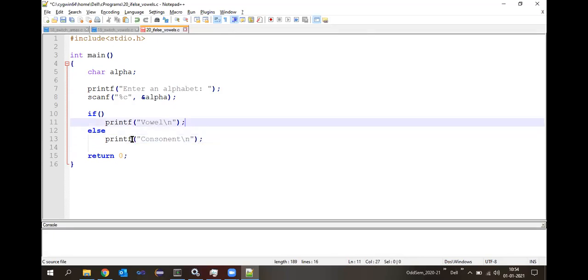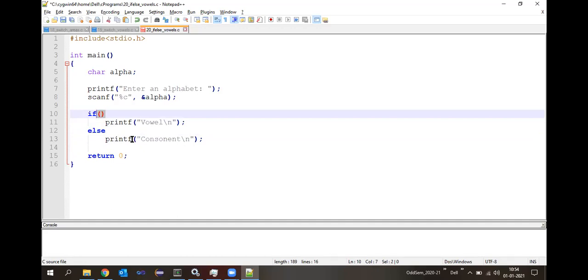Now I need to figure out the expression for the if condition. I know that I'm going to enter an alphabet and store it into the variable alpha. This alpha can be equal to a lowercase 'a'.